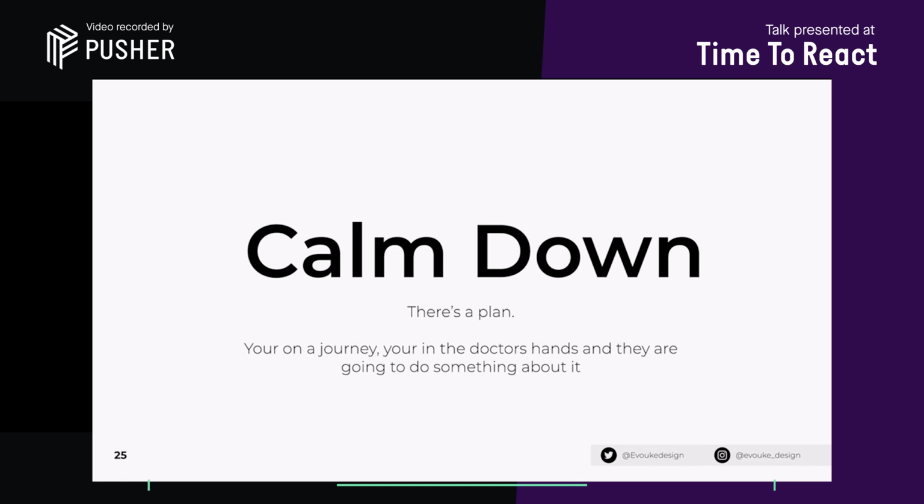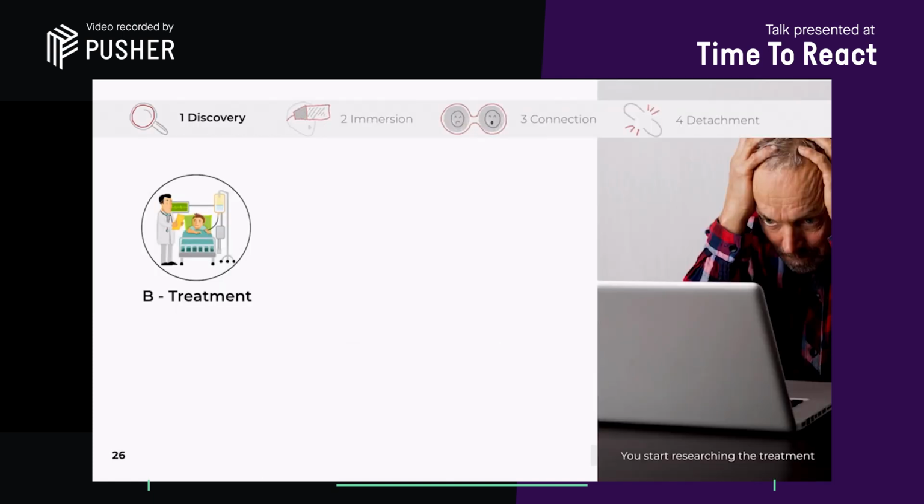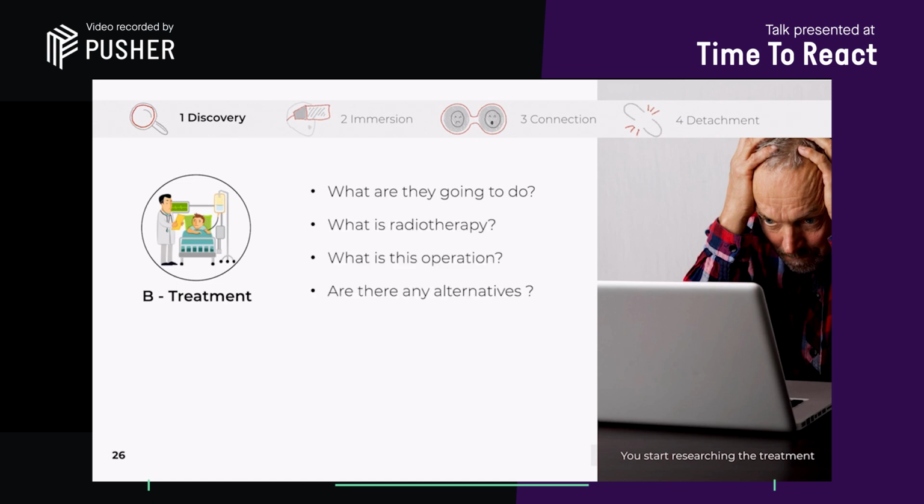about it. But then you start researching the treatment. What are they going to do? What is this radiotherapy? What is this operation? Are there any alternatives? Doctors won't decide for you, they just give you the options. Adam had to decide between a complicated operative procedure, and he wasn't sure if it was the right way to go forward. If it wasn't for his brother's friend who was a surgeon giving him advice, he said he would